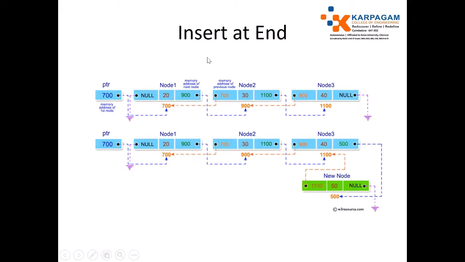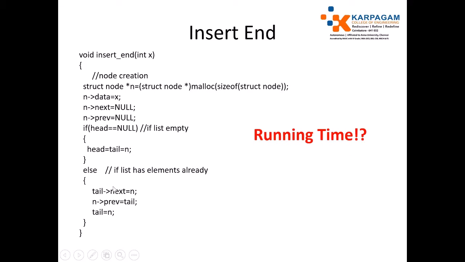And we are having another operation called insert at the end. Now we are having 3 elements, for example 20, 30 followed by 40. Okay, I wish to insert the element at the end position. For the purpose, previously the last node, that is tail node of next, has null. We need to set a new node address to the null position. Okay, so new node address is 500, which is stored in the variable called n. Just set tail of next equal to new node. Here I just set tail of next equal to new node.